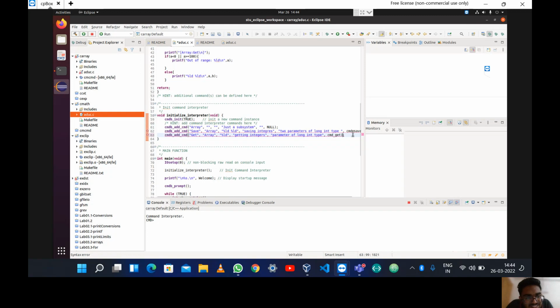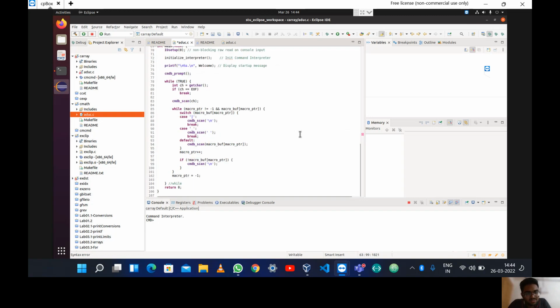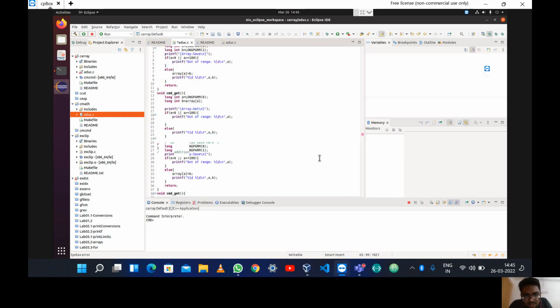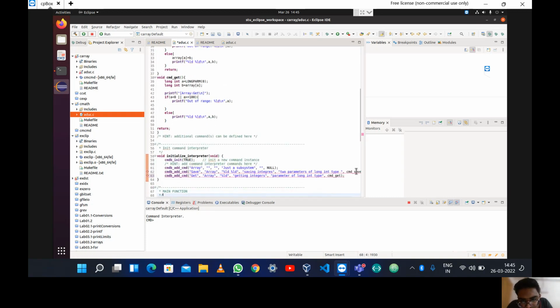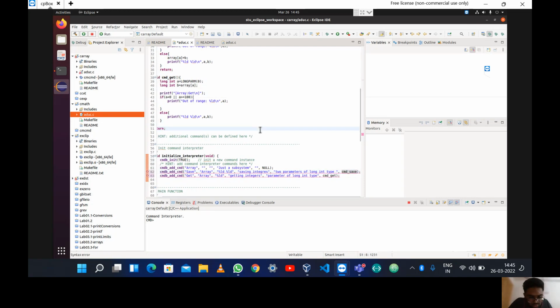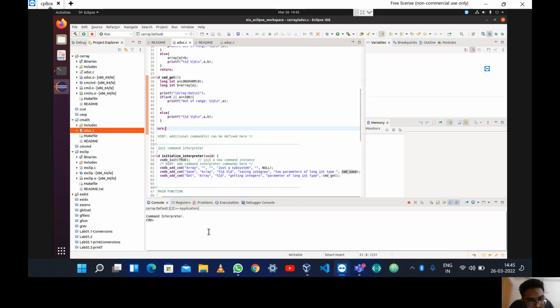Oh, now I get my mistake. So I should correct it. The scroller is not working perfectly. Now I think it should run from my point of view. CMD